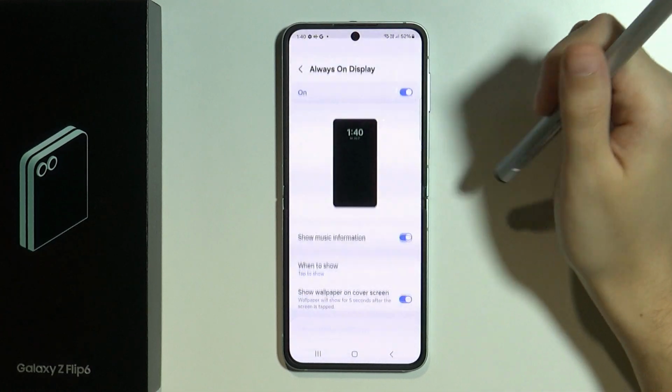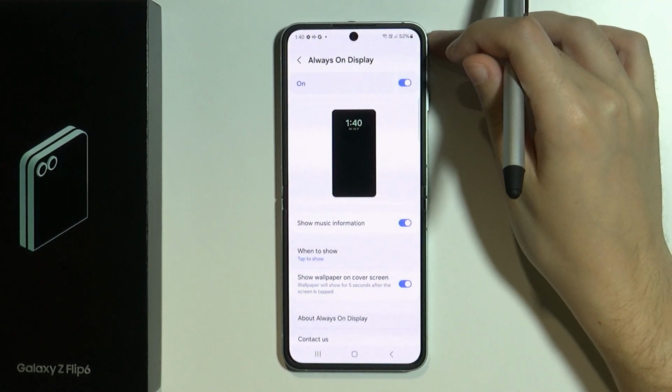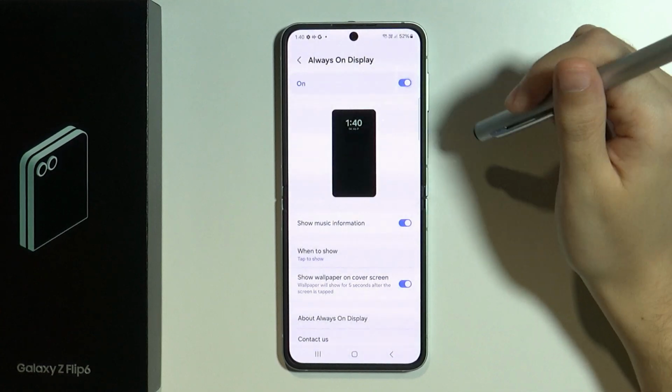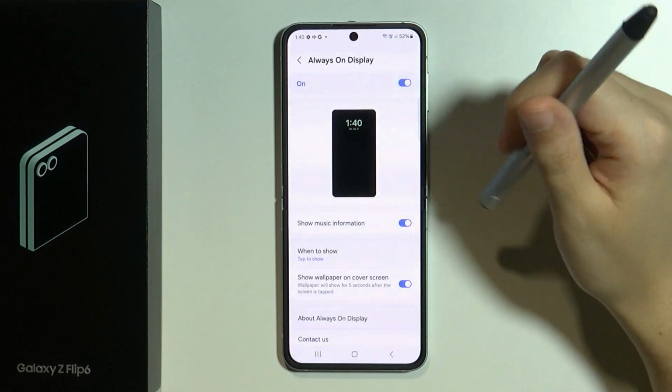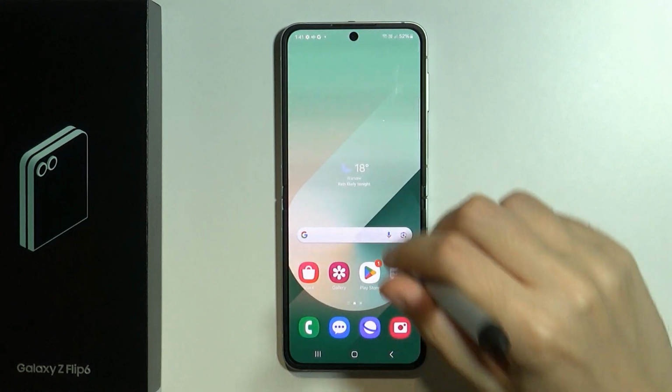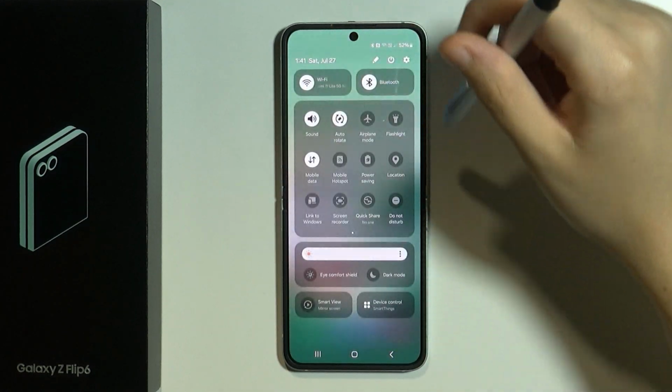You can also tap on always on display text in order to go into details. And here you have additional options, which can also be enabled and disabled by tapping on these sliders or going somewhere into the options. In addition to that, you can also go to quick access over here, and you will